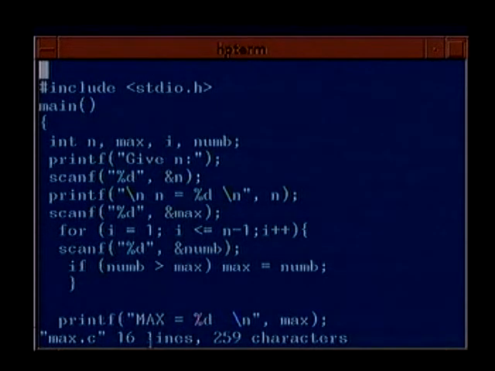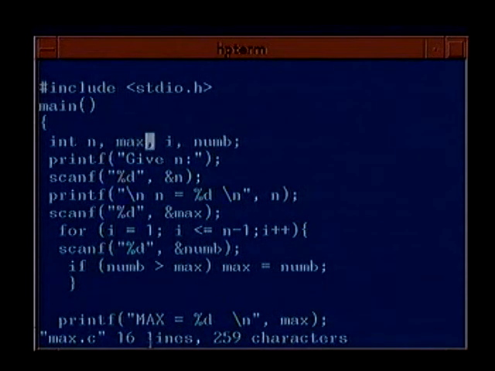Now how do you modify it to find the maximum and minimum? What you do is you keep another variable called min. Like max is the temporary maximum, similarly you keep a variable called min and find out the temporary minimum, and you initialize that here, and here you compare.